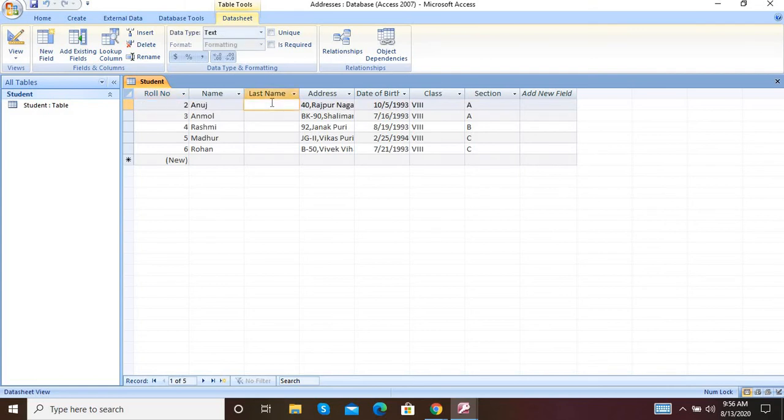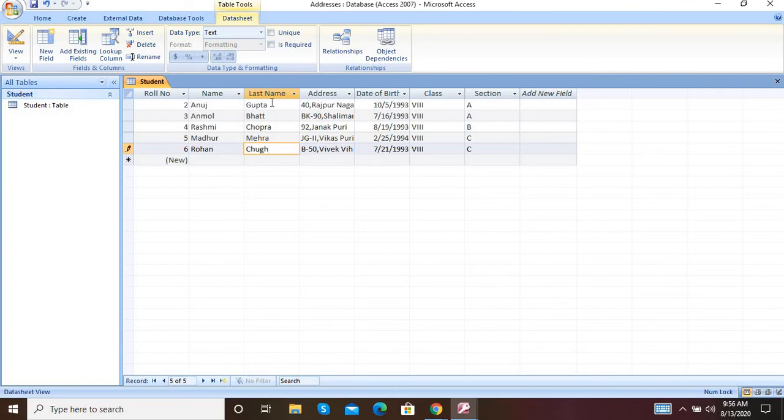Okay, and add the field's data. Surname is Gupta, then Bhatt, next is Chopra, then Mehra, and last is Chauk.